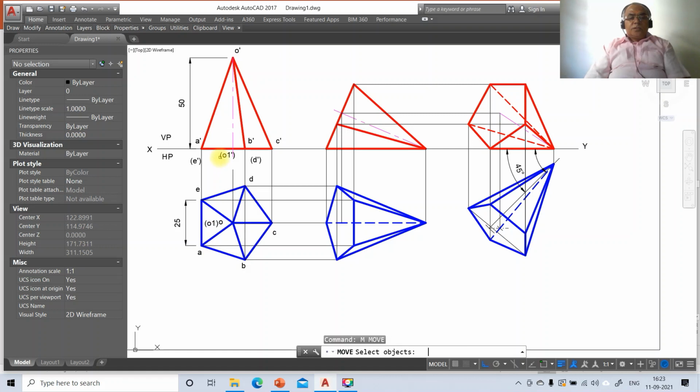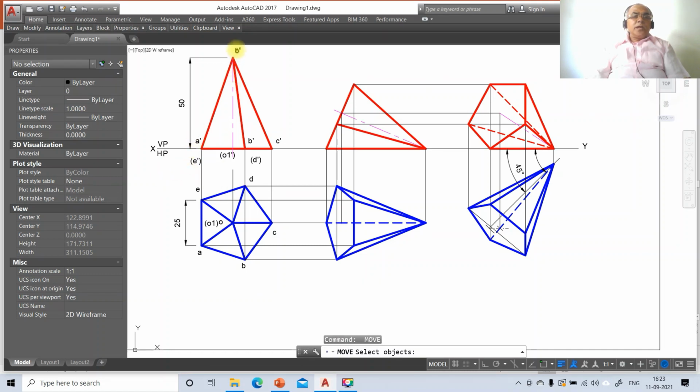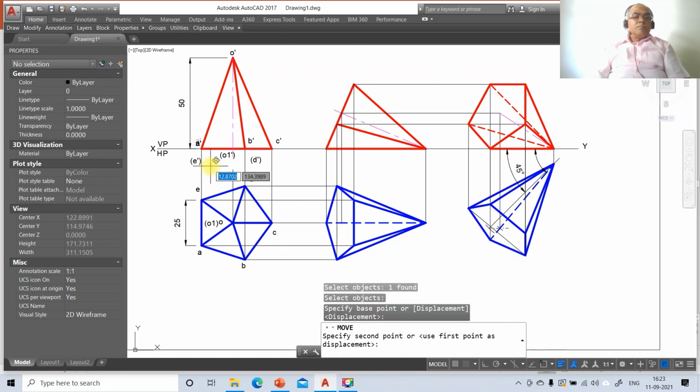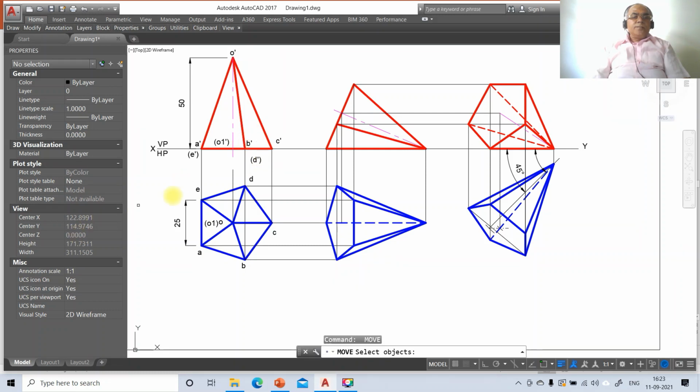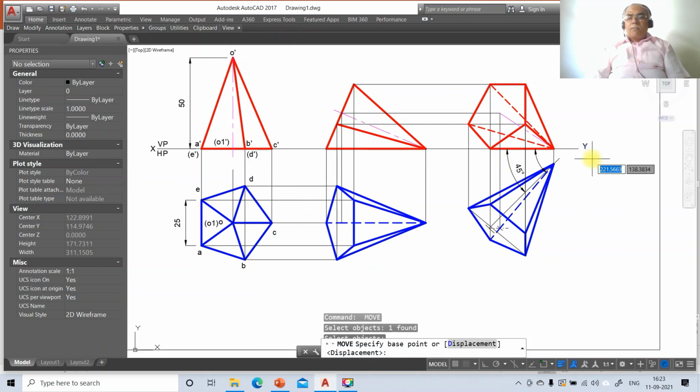and then you just go to move, switch off the ortho mode, take X, similarly you take VP, here it has HP, here it has O dash, here it has A dash, here it has E dash, here it has O1 dash, here it has B dash, here it has D dash, here it has C dash, here it has Y,